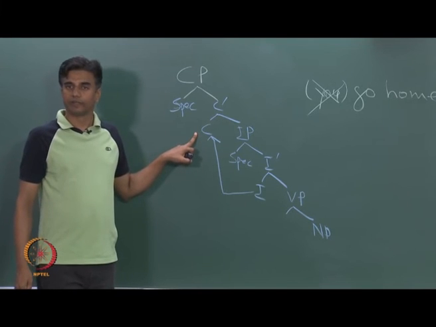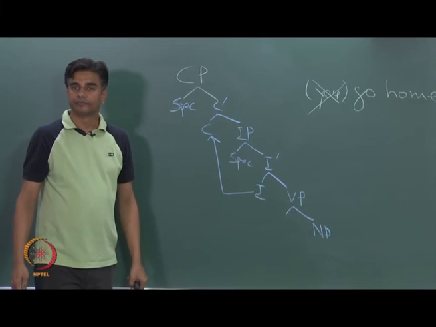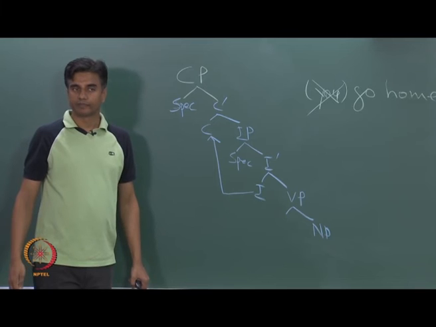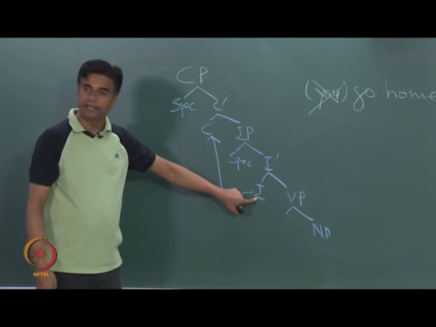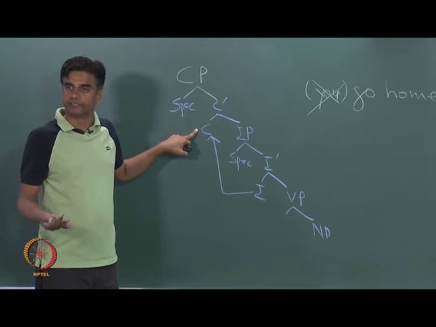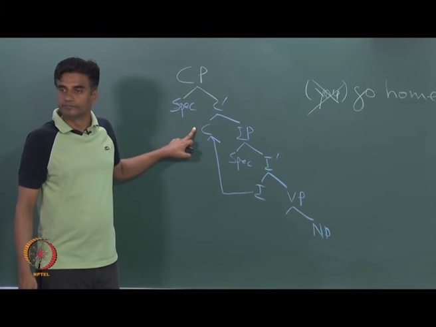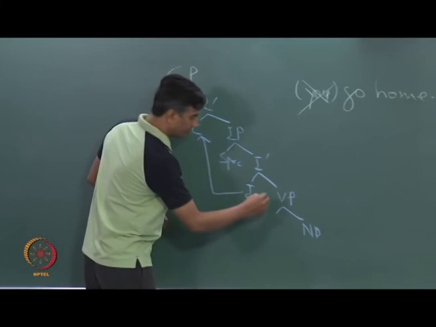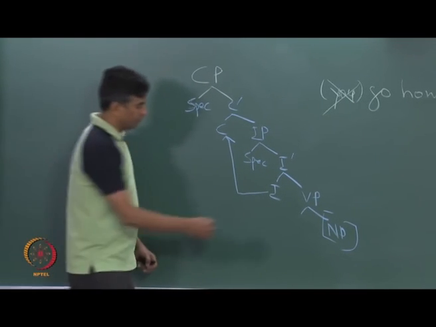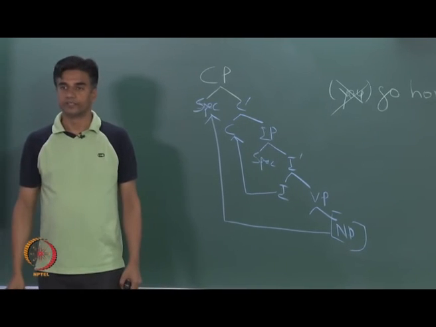Anybody? My question is, what's the similarity between I and C? I think I have reduced the question like anything now. Okay. Is this a head? Is this a head? Both are heads of their phrases. So when a head gets out, it can only go to another head position. Okay? And then when you question this kind of thing, a pen, in a sentence like, what did you buy? We question this NP, and this moves out and goes to the specifier position. And then you have a sentence like,